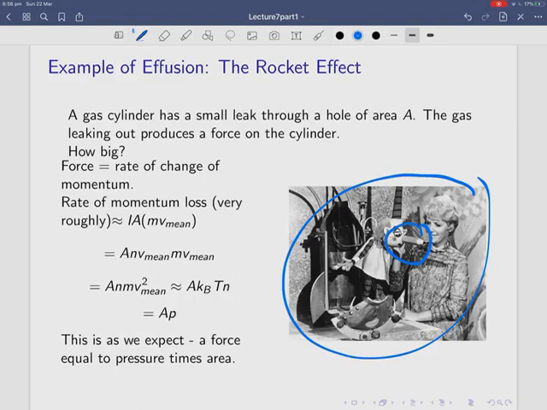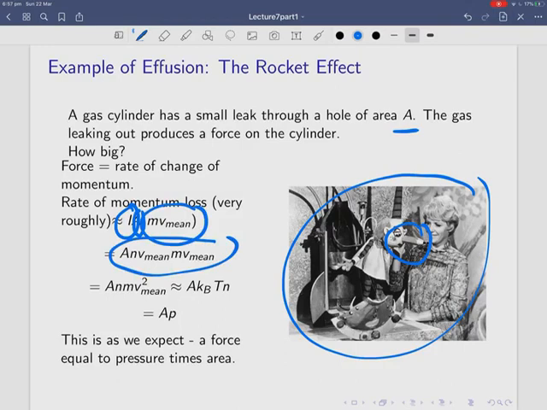Now, a gas cylinder has a small leak through a hole of area A. Okay, the gas leaking out produces a force on the cylinder. How big is this force? Okay, well, the force is the rate of change in momentum, and the rate of momentum loss, very roughly, this is a very rough calculation, we're leaving out numerical prefactors here, which can be important, is equal to the area of the hole times the flux, okay, times the momentum, which is roughly the mass times the mean velocity, okay. And if you write all those out, you'll get this, and then you collect the terms in